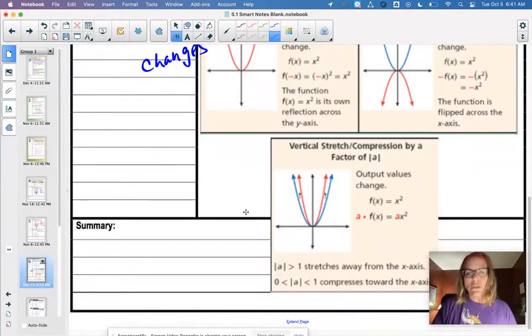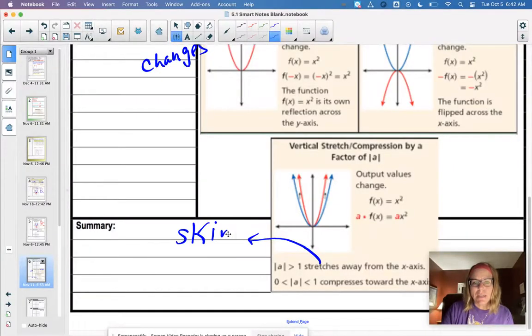When we're talking about a vertical stretch or compression, what I like to think of, my trick, is, again, if your a value, which is out in front, is negative, that has nothing to do with the stretching or compressing, because notice we're looking at the absolute value of a. A negative out in front only means the graph is flipped upside down. So if we're talking about a stretch, I think S, stretch, the graph is getting skinny. A stretch, your absolute value of a is greater than 1, and your graph is getting skinnier than the parent